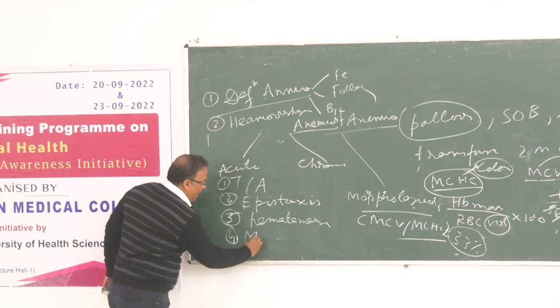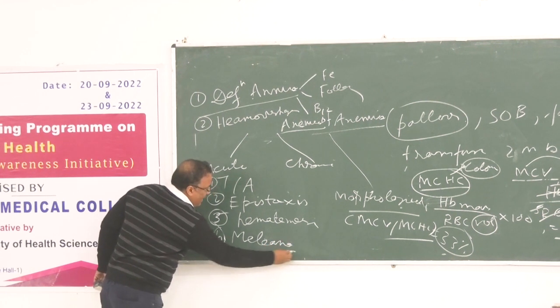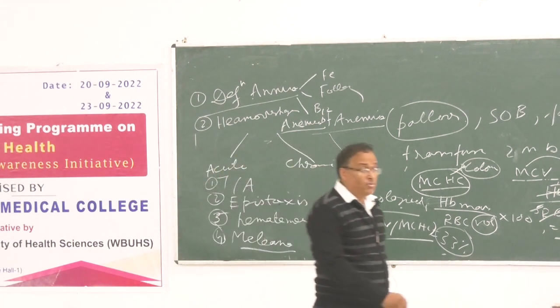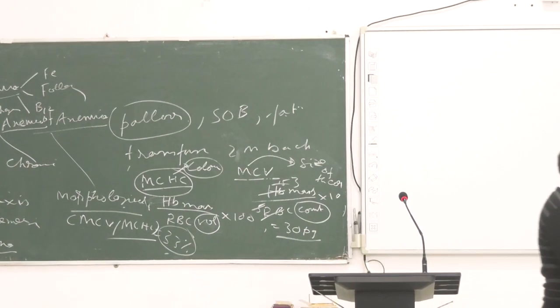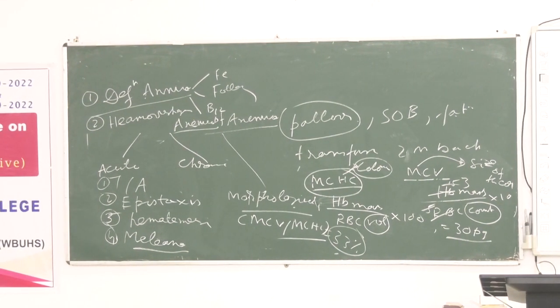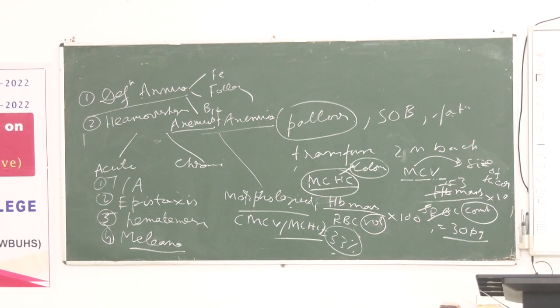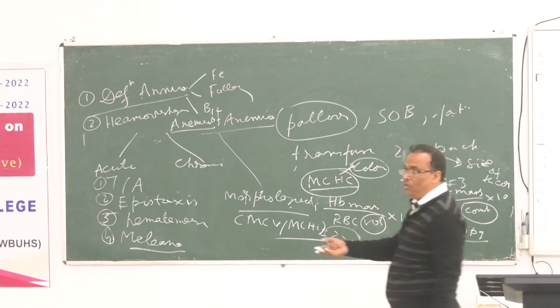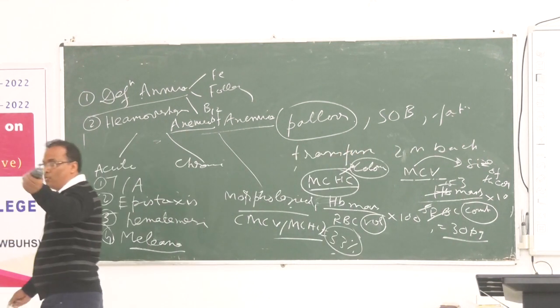And then melena. Melena means bloody stool. The presentation of melena is basically bloody stool, but the color is not red. It comes as blackish stool. Why? Because this is coming from the internal stomach or any internal organ like intestine or duodenum. Suppose the patient is suffering from duodenal ulcer, stomach ulcer, and bleeding comes every day, and this stored blood is converted into black color when it comes out. That blackish color of stool is called melena.